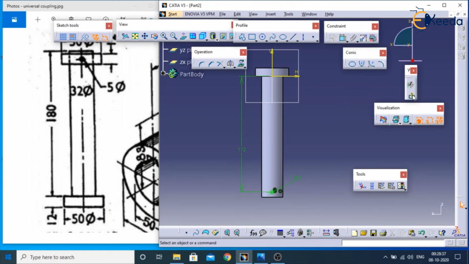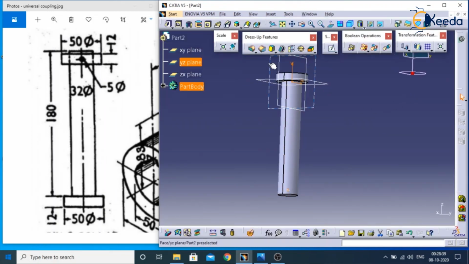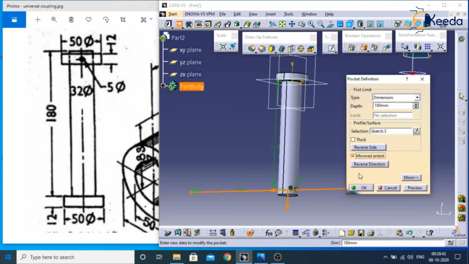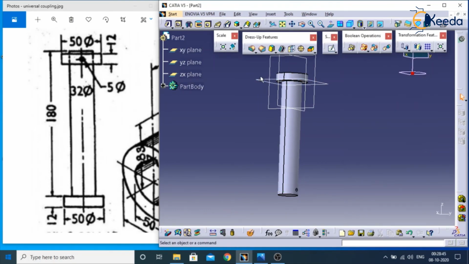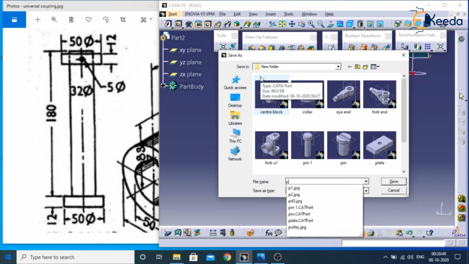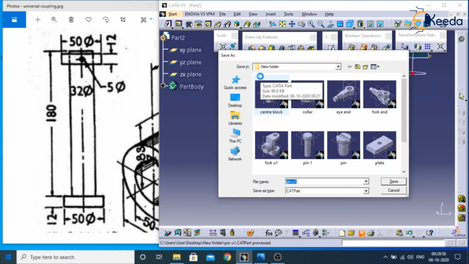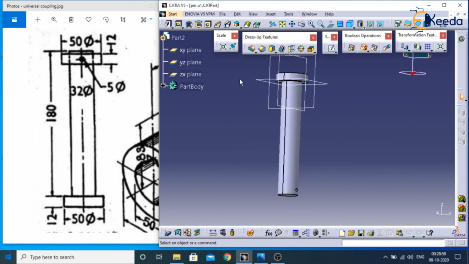Go for exit workbench and say here pocket, both side extension. OK. Now we will save this object as Ctrl S, pin U1. Save.